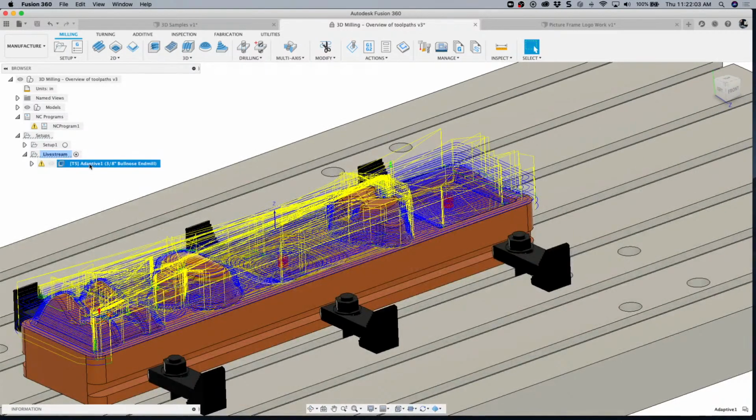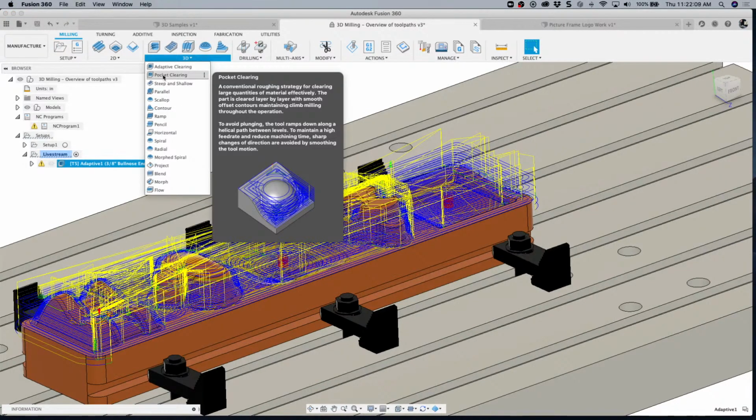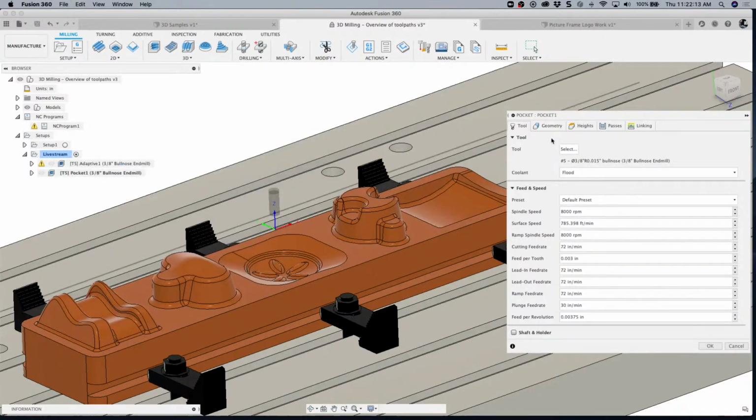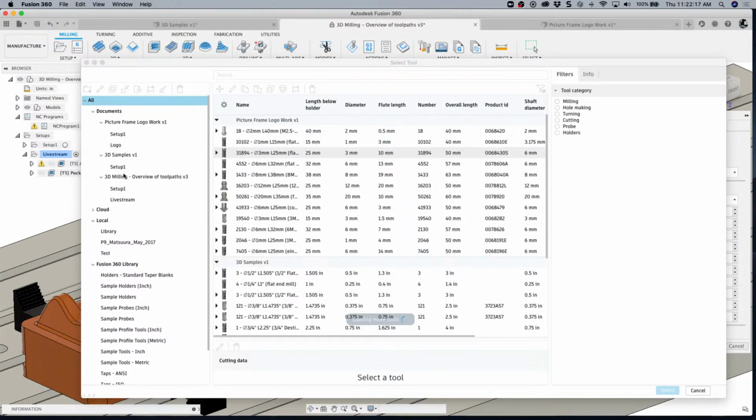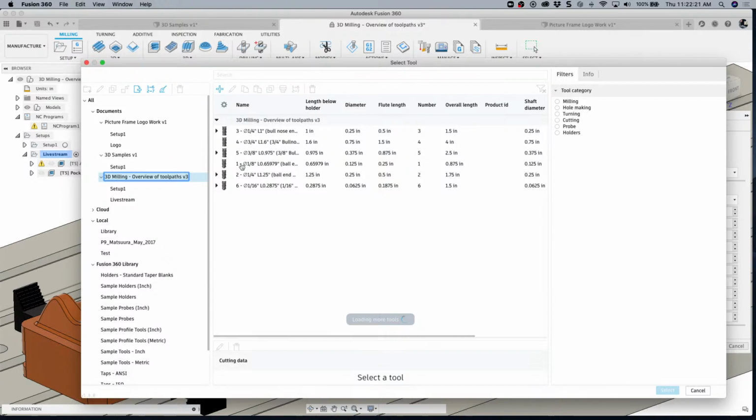I will come into here, and what I'll do is just come to the pocket clearing, and let's pick a different tool, and let's see what I have here under my 3D milling toolpaths overview in